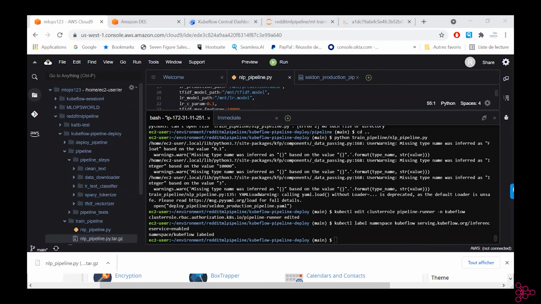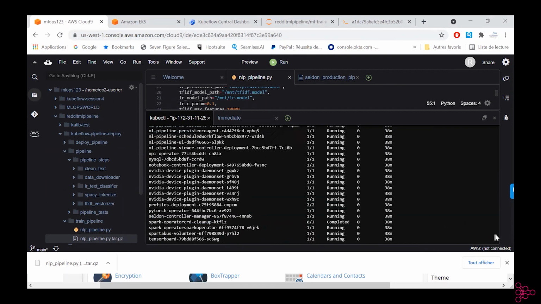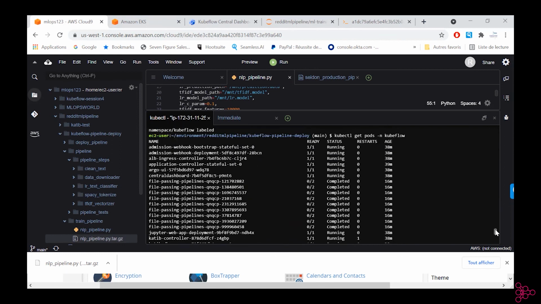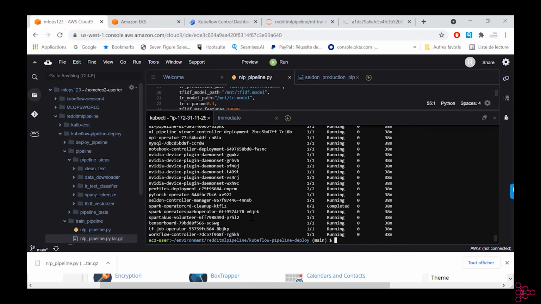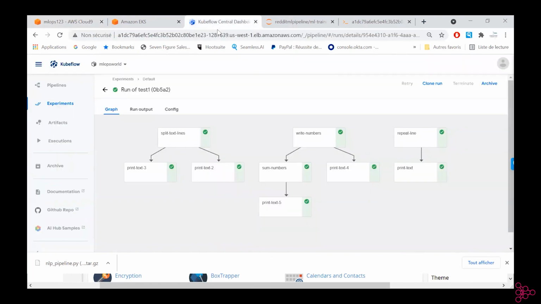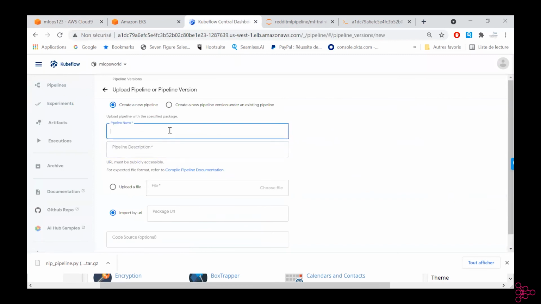Now we can do a final check on our pods. So everything seems to be okay. Now we can move on and upload our pipeline. This is Reddit 101.